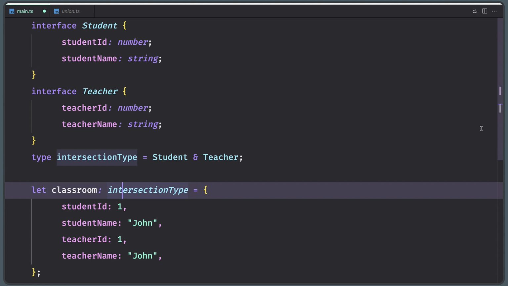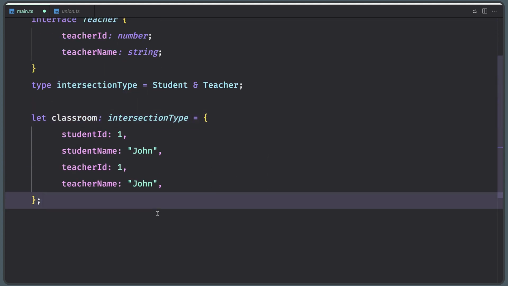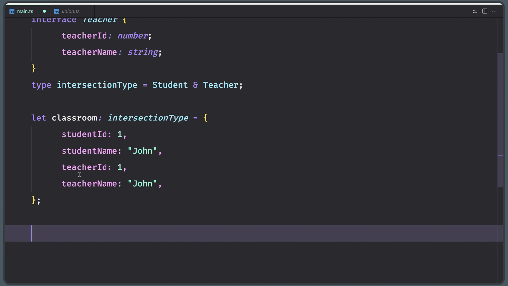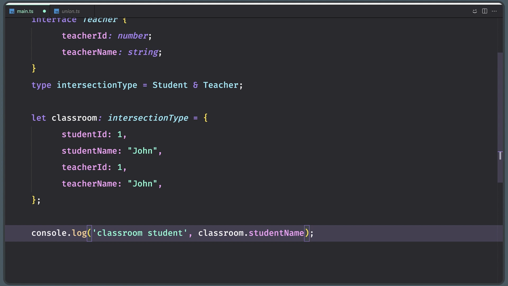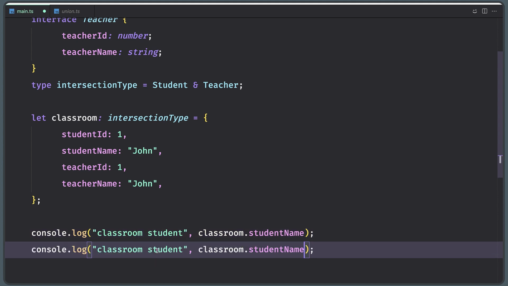And now, for example, let me console log here. So we can get the student ID or student name from this classroom. We can say, let's say just log classroom student. And here we say classroom and we use dot and for example student name. And let me copy and paste this. Now classroom, I'm going to say teacher